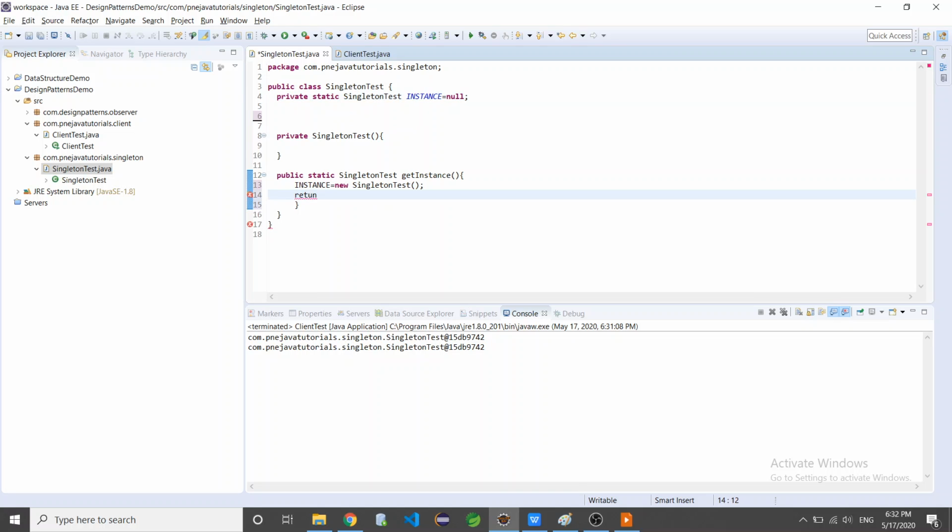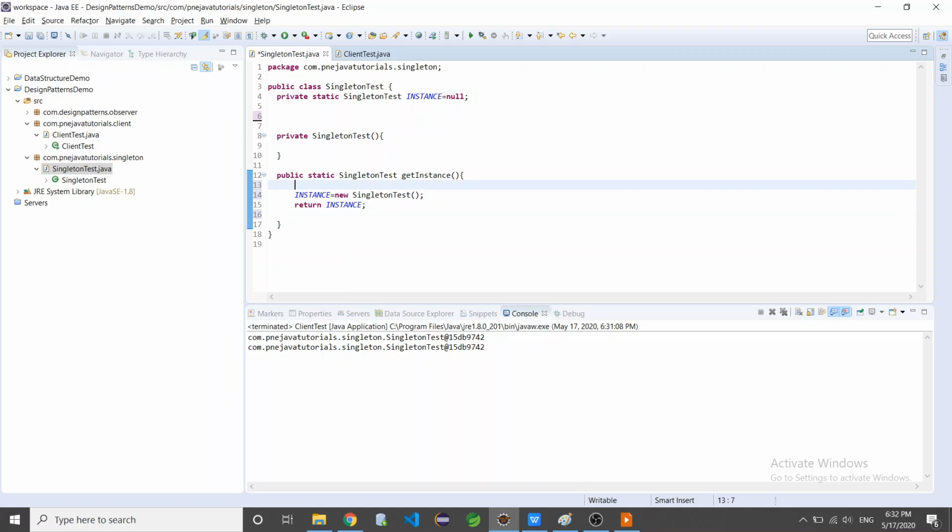Return instance. So that's it, guys. We have extra curly braces. This is lazy initialization, but here, again and again it would be created.